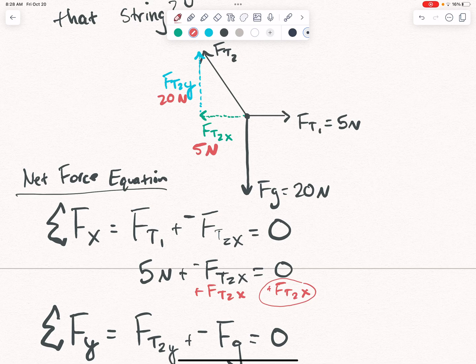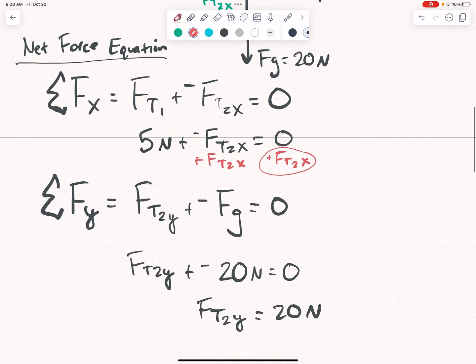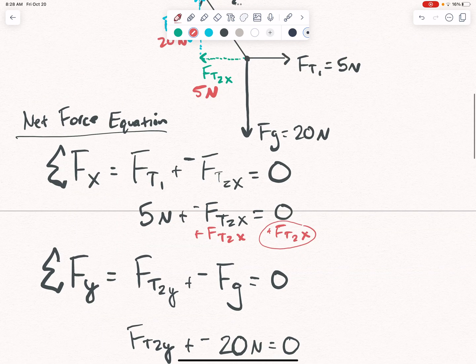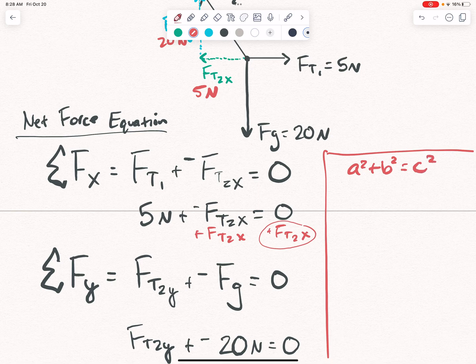And now we just need to do a little bit of Pythagorean theorem to solve. So I'll just give myself room over here. A squared plus b squared equals c squared. So if I take 5 squared, add it to 20 squared, that should equal the hypotenuse, or Ft2 squared. So let's see, I got 25 plus 400 equals Ft2 squared. And if I solve for the square root of 425,